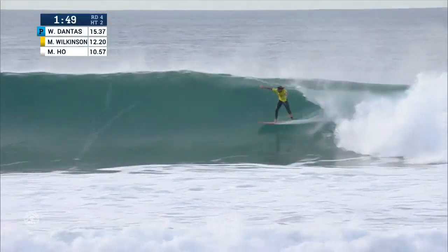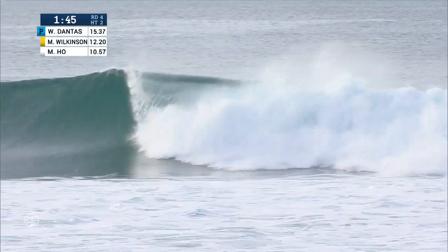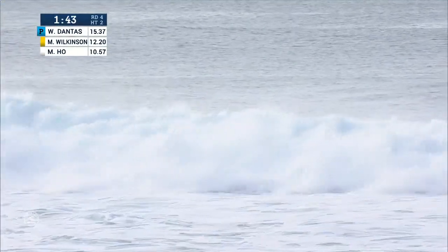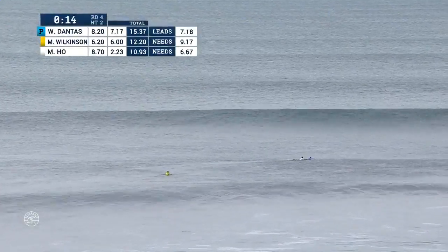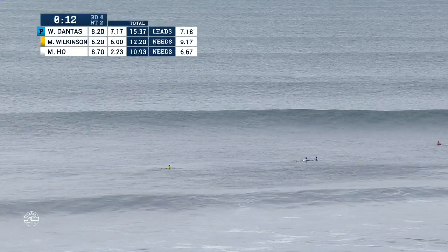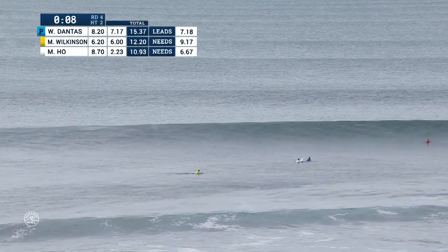Backside snap off the lip. He needs a little bit more speed. That section takes him down. So we've had a few falls from world number one. People are going to wait for him to fail, and that's something that he's just got to forget about and focus on what he's got to do. And that is just get a good wave to finish this heat off and take some more confidence going into